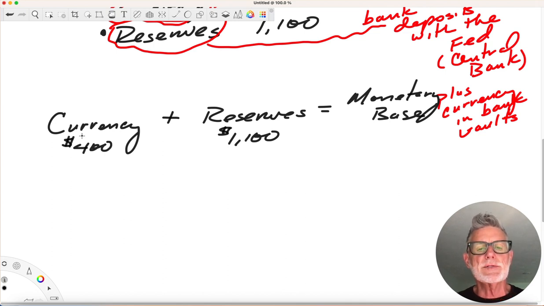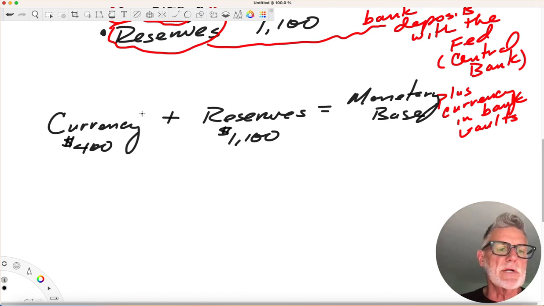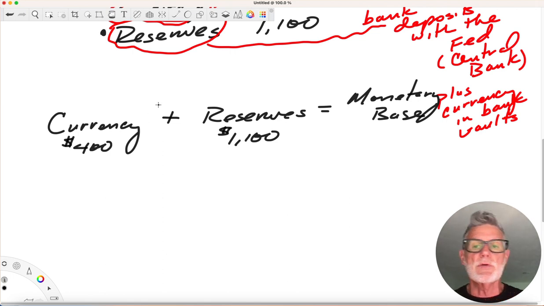This is currency in circulation. You can see in this particular set of data that this is not a very currency-driven system. And as a proportion of the total money supply, you'll see that in a minute, not much of it is in the form of currency. Most developed monetary systems have relatively little currency working in them. It's mostly electronic money, as we've talked about. So the monetary base here is made up of two pieces,